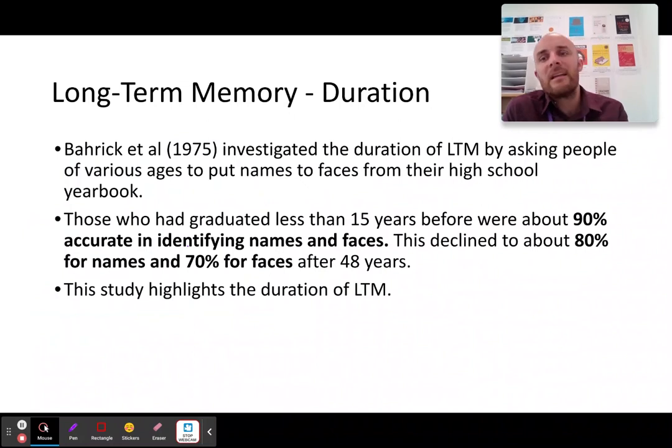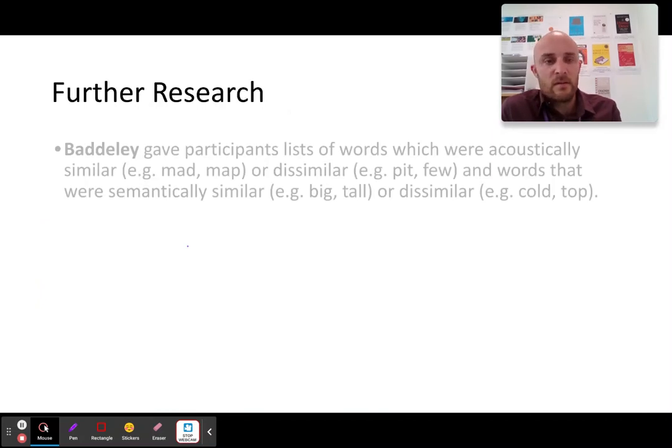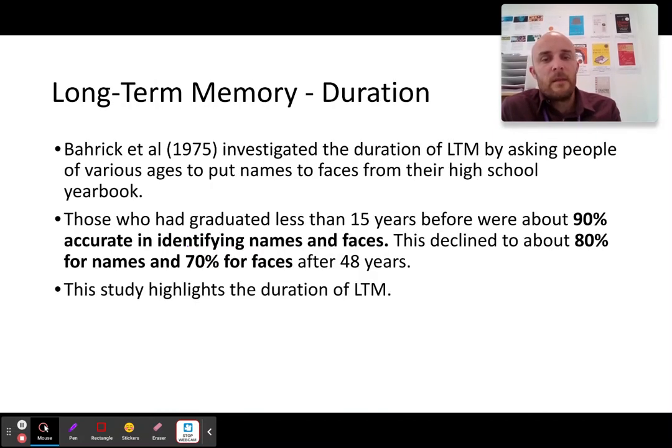Okay, and then finally, long-term memory, right? Long-term memory, you need to know Bahrick. I don't know if this is on here. No, it's not. But if I were to say the capacity for memory is long-term memory is massive. So again, you need to note that down. Capacity for long-term memory is massive. The duration is potentially forever. Duration is potentially forever. And then the encoding for long-term memory is semantic.